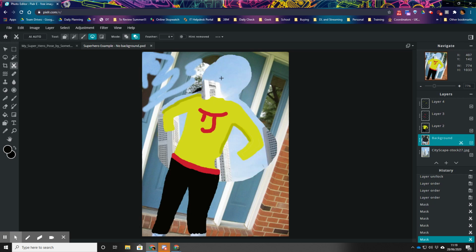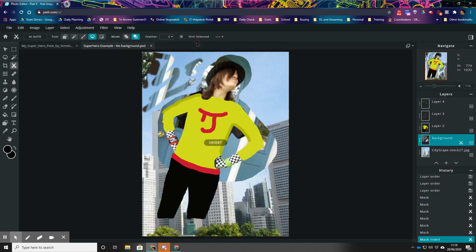And so I can go around to here. And then what that's done, it's done something a bit weird. But what you do here is you click, because it's removed that part, but we want to invert it. So we just click invert the mask, and then that will work a little bit better. So now what I can see is mainly the background image,